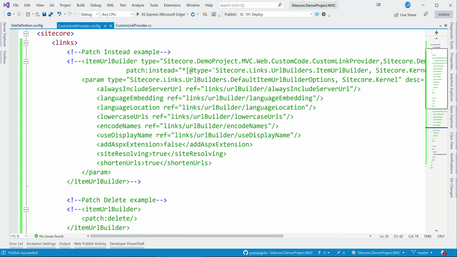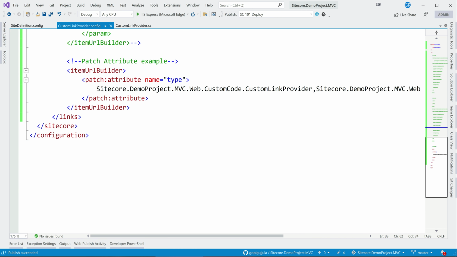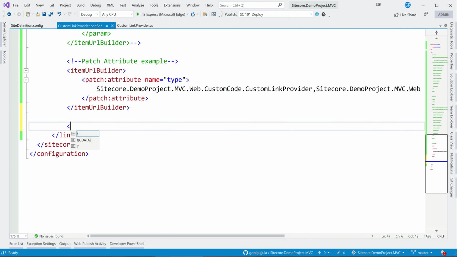Because now everything we commented, we just want to see only in item URL builder patch attribute type equal to, I mean, instead of type you just replace. And there is another way to do it as well, like using set examples. Set example.